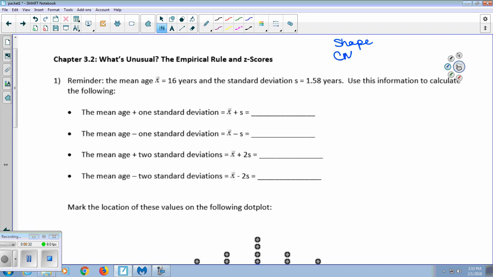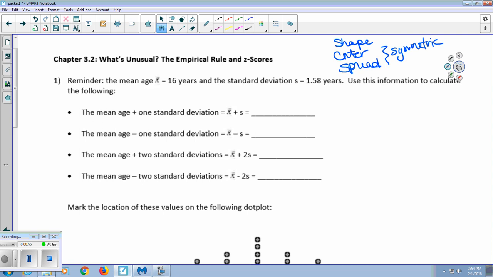And last video we did the center and spread. So far, we've only been talking about this for symmetric distributions. And so today we're continuing with symmetric distributions, and wondering what is unusual and where do we expect the